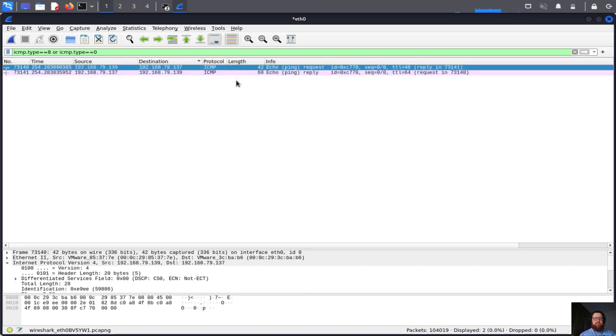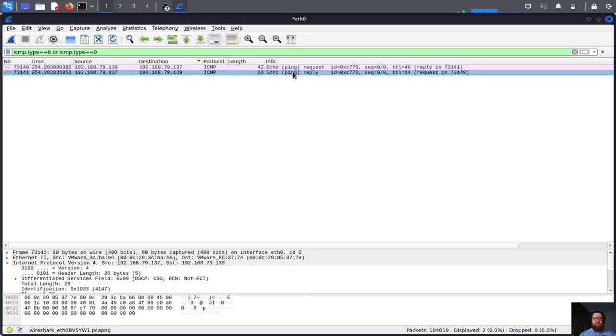Here's the request and the reply. So when we see too many of these packets in a short period, it means we are suffering some ICMP